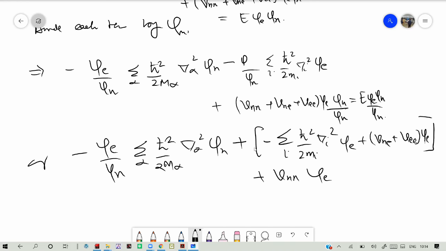Now you can take this. See this, it is psi n here. This psi n by psi n is 1, so that is how this psi n is not here. Again, this psi n and psi n will go out. It will remain psi E here. This will be going out to 1, and this will be psi n by psi n. It will cancel out. It will be 1. So we are left with VNN